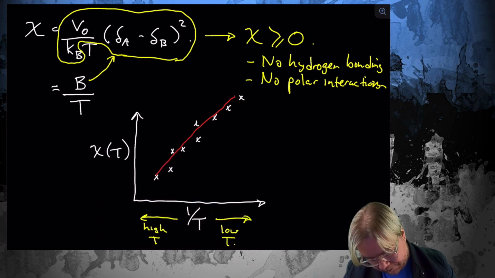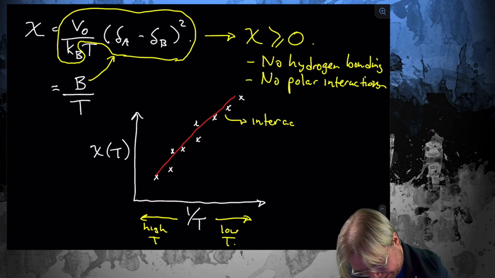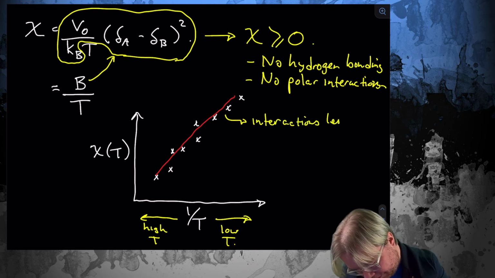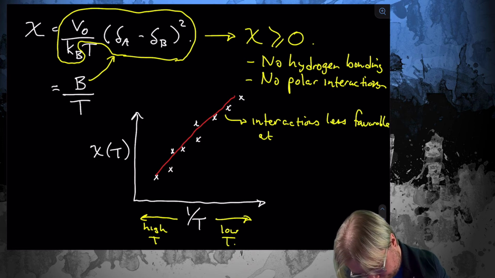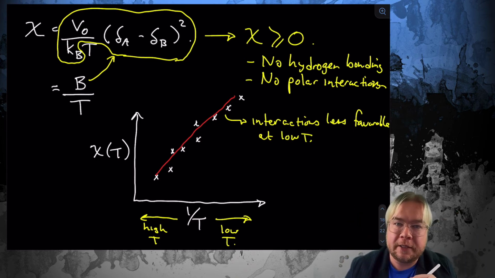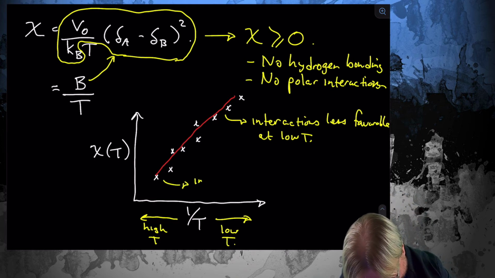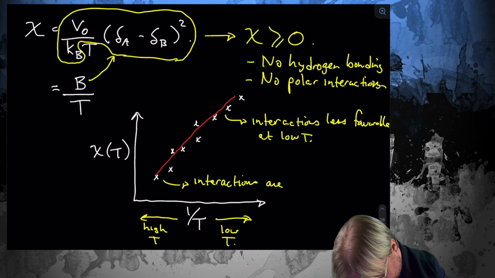And what this is telling me from this graph is that interactions are less favorable at low temperature, right? Because the chi parameter is increasing as I lower the temperature. Or the same thing would be saying down here that interactions are more favorable